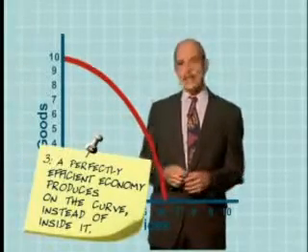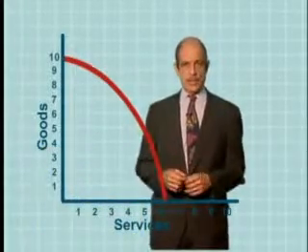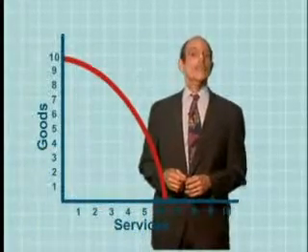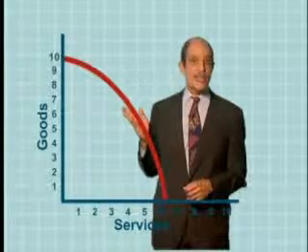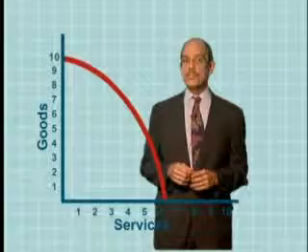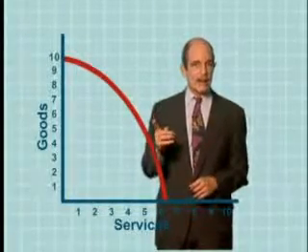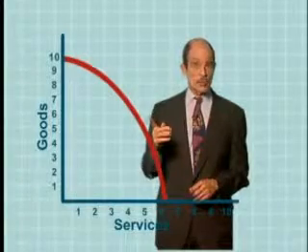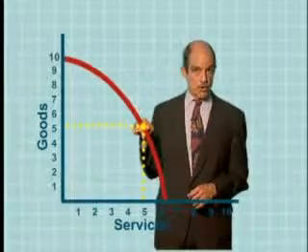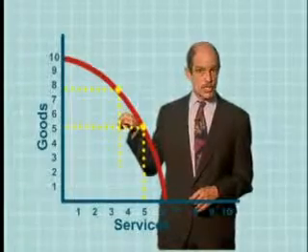That is, imagine that the curve or frontier represents everything the economy can provide. Say, every possible good on one axis, every possible service on the other. If it uses the resources efficiently, the best way it can, then it'll be somewhere on the frontier. This much of goods, this much of services, or perhaps this much and this much.